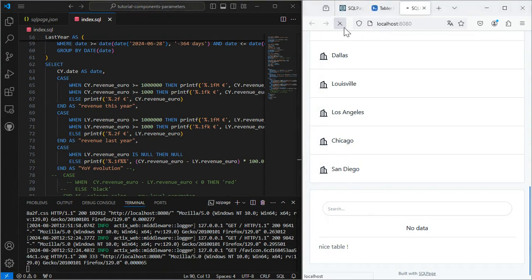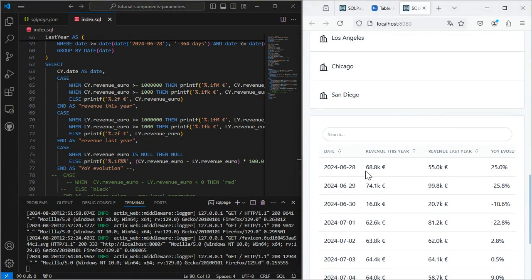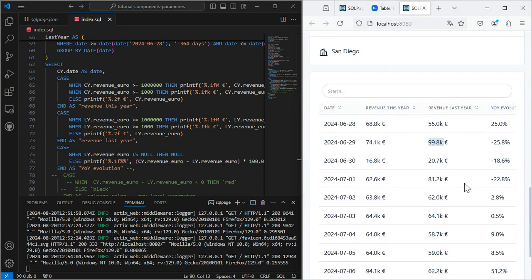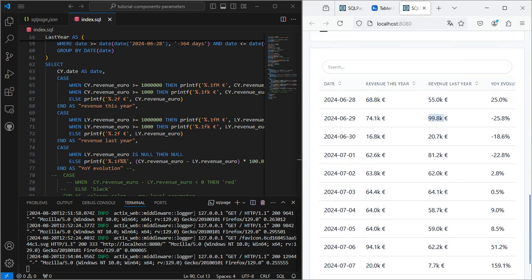I save the file and reload the page. There you have it. We fed data to our table components, and here's the result. The last thing we need as a row level parameter is to highlight the color for each row with a negative year-on-year.